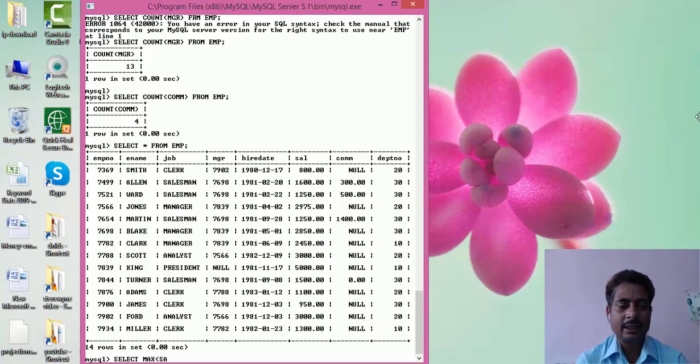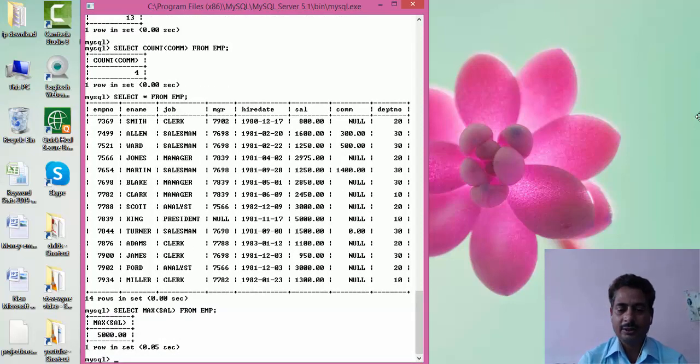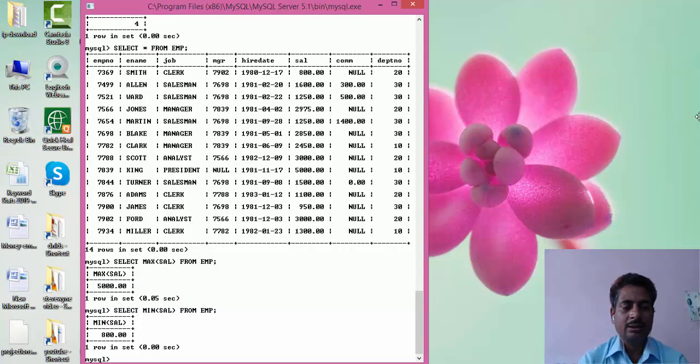Select max salary to find the maximum salary from emp. 5000. If we use min, it will find the minimum salary. Okay, so this one is the minimum salary.